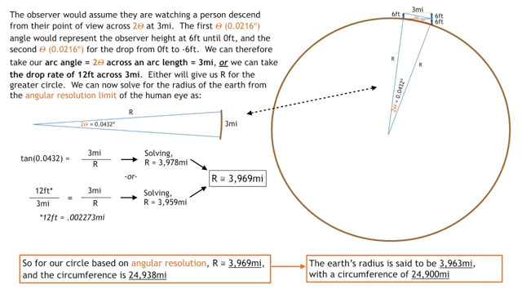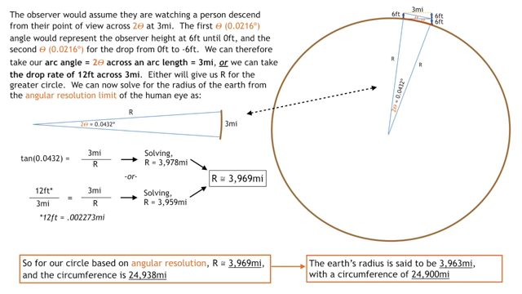We can now solve for the radius of Earth from the angular resolution limit of the eye as our segment here, with r along the radius or along the one aspect of the triangle and 3 miles as our opposite end, and the angle being across 2 theta, which is 0.0432 degrees. That will give us one number, and the alternative is to use the ratio of 12 feet over 3 miles is equal to 3 miles over r. Both will give us the numbers listed below. So we get for one number 3,978 miles, and for the other one 3,959 miles, giving us an average of